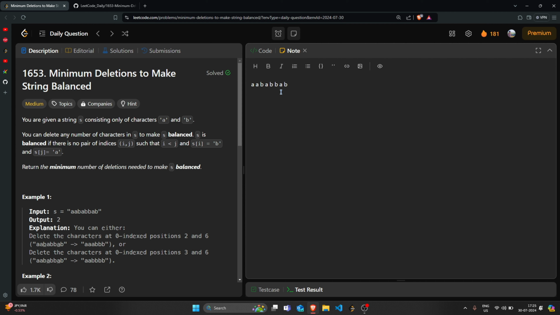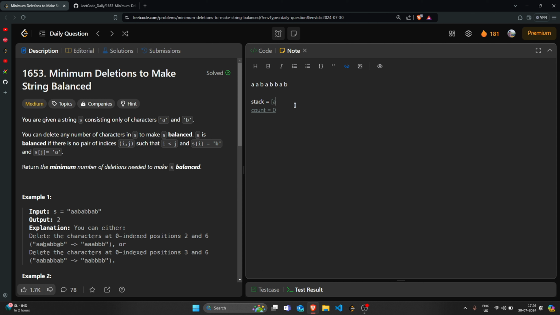Okay, so in this I will make a stack, and in that stack I will store characters of this string. So I have a stack, and I also have a count variable that will count the number of deletions. At first its value is 0. So let's see. For a, I will do the basic push operation. So I will push it into the stack. Okay, so a is pushed into the stack. For a I can push blindly. For b, I can push directly,